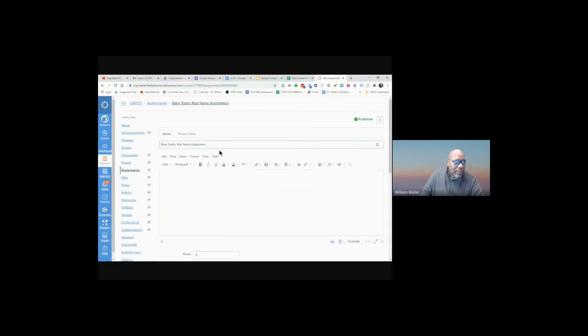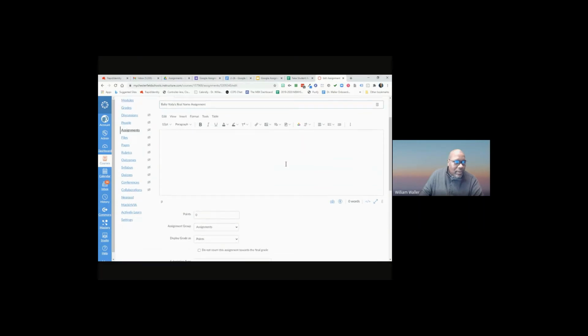Okay, and there's the assignment name, and then you have your rich content editor here where you can put in your instructions, you can put in descriptions, and any other multimedia, video, images, or what have you there to help the student understand what you are requiring of them. Okay, now,